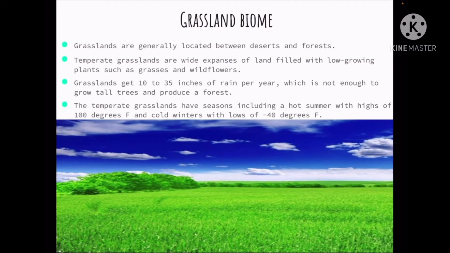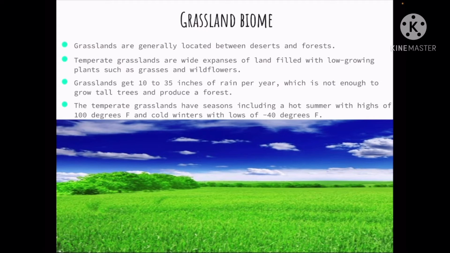Next up, we've got the grassland biome. Grasslands are generally located between deserts and forests. Temperate grasslands are wide expanses of land filled with low-growing plants such as grasses and wildflowers. Grasslands get 10 to 35 inches of rain per year, which is not enough to grow tall trees and produce